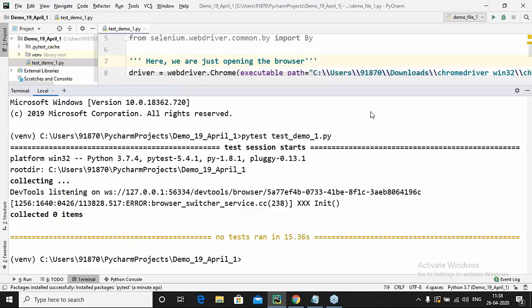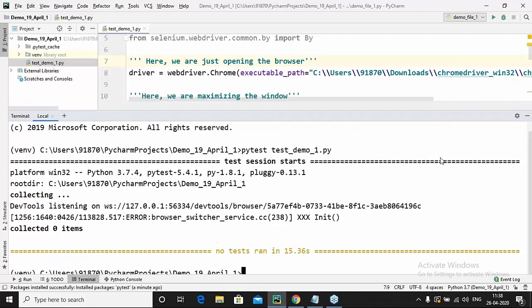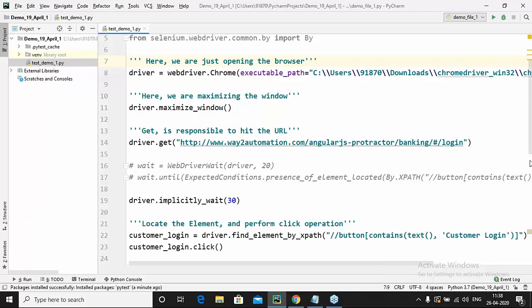What I want to show you here is that PyTest is a type of testing framework which gives us very important information about our data: how many test cases passed, how many failed. If you want to skip some test case, how can you create your own test scenarios? How can you change this? There are multiple functionalities that a test case can perform.